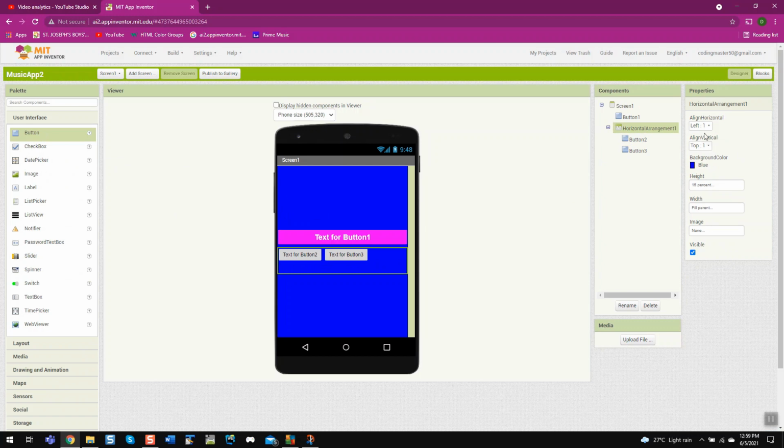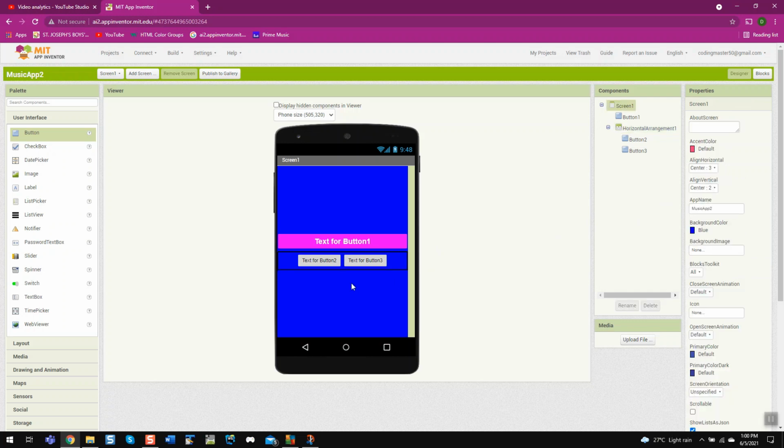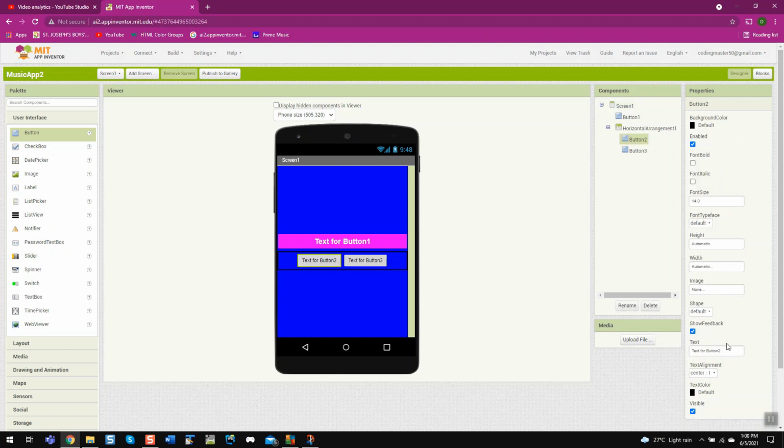Set the horizontal arrangement to align horizontal to center, align vertical to center. Then put its height to 10%. Right, and then put this one to play, not play, pause, and this one to stop.